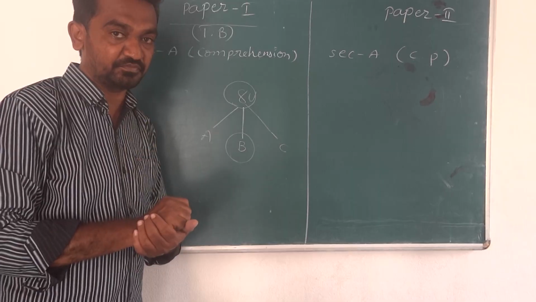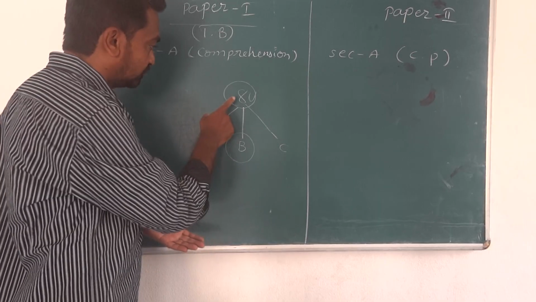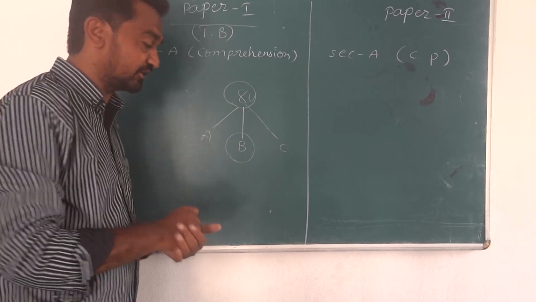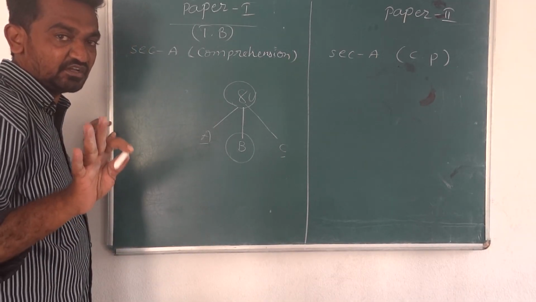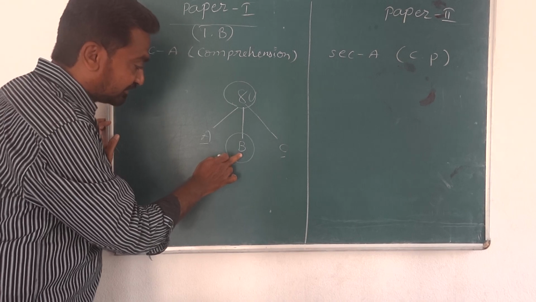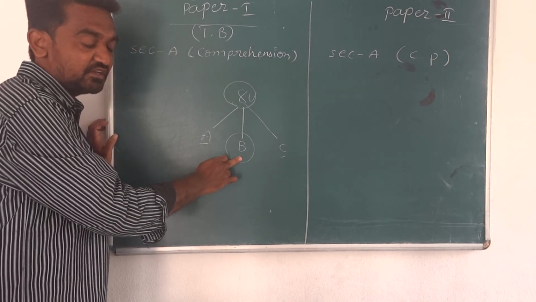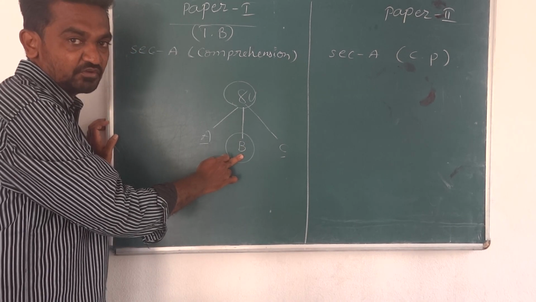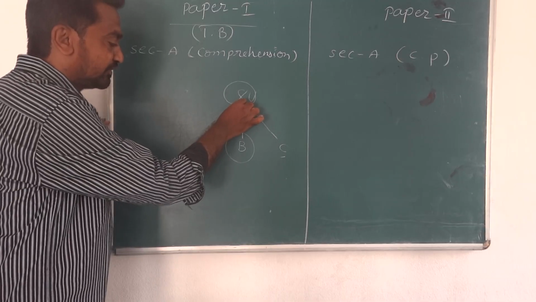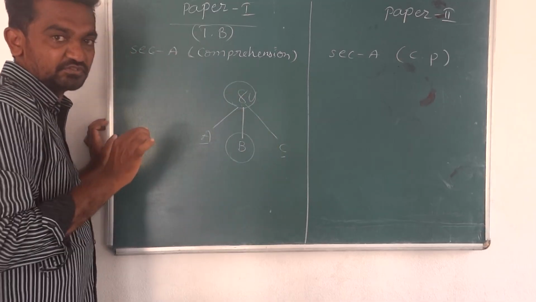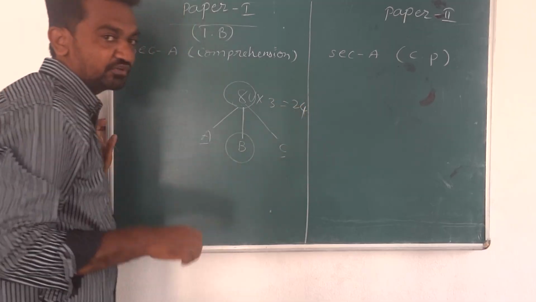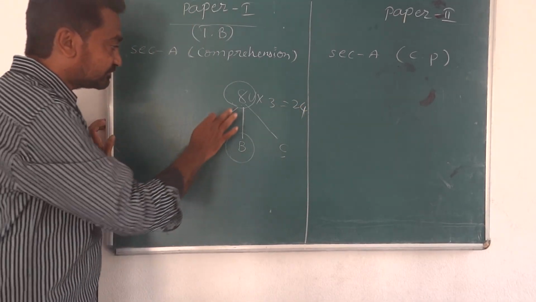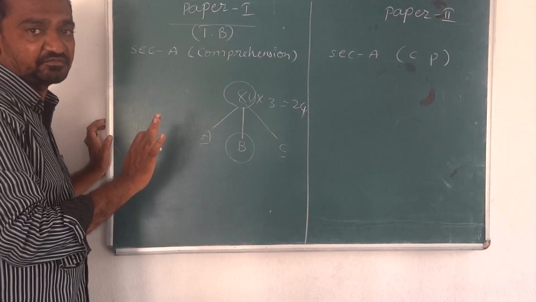Once you go through the textbook and the units, you can notice that A reading and C reading are lessons, and B reading can be either a lesson or a poem. Every unit has 3 topics. It means 8 times 3 is a total of 24 topics you have in 9th and 10th. From 6th to 10th it is the same pattern.